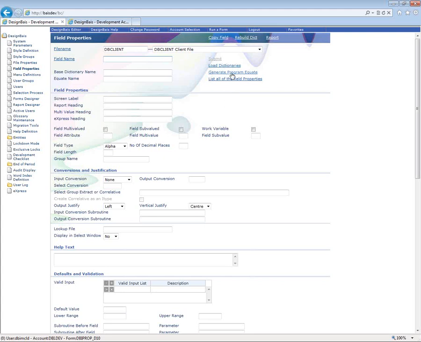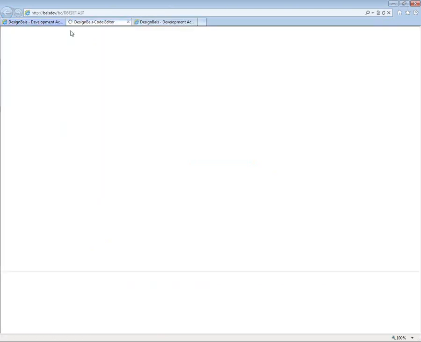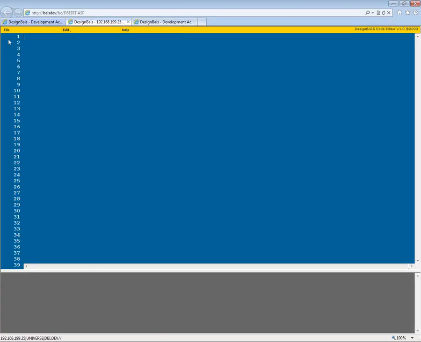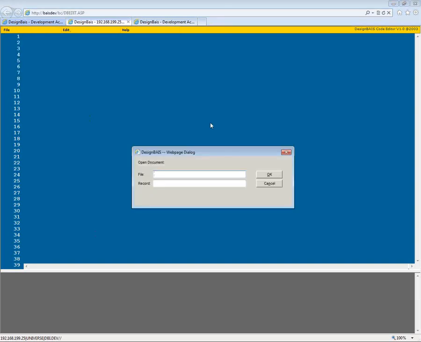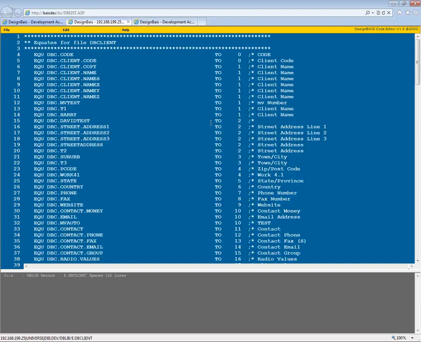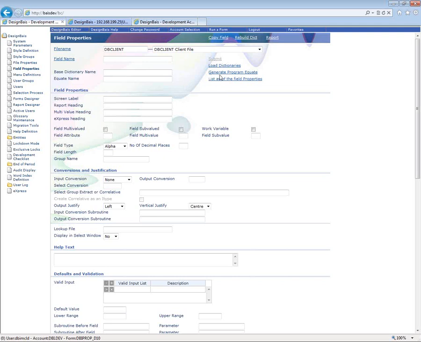If I want to create the program equate at this point, I can say generate the program equate as well, and I'll just show you what that looks like. DesignBais has an editor, which is a browser-based screen editor I should say. So if I have a look at dblib e.db client, which is that equate that should have just been built from me pressing the generate equate button,